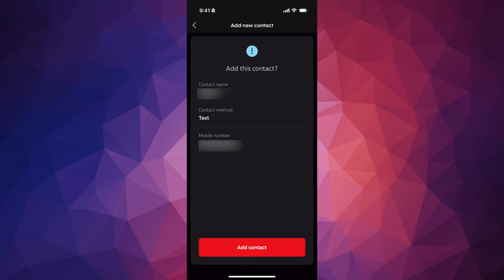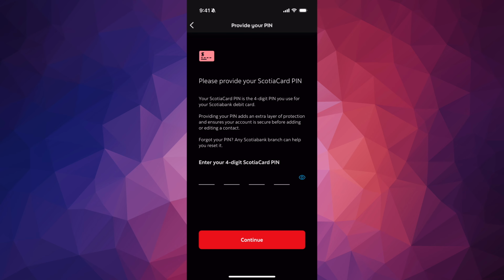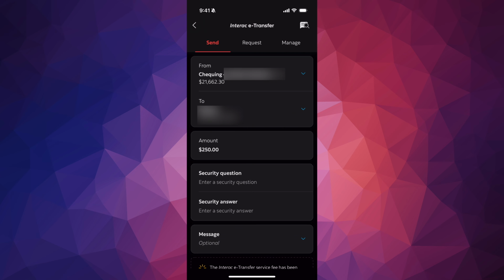From here, just confirm that everything's correct. On the bottom, just tap on add contact. Then you should see this page to enter your 4-digit Scotia PIN. That's whatever PIN you have whenever you insert your card somewhere to take out money or anything like that. Then press on continue. All right, so from here, you should be good. Right now it's being added, and then you should see from, to, make sure it's all okay, your amount,